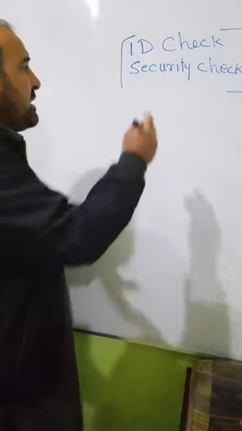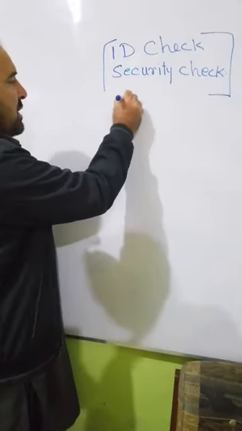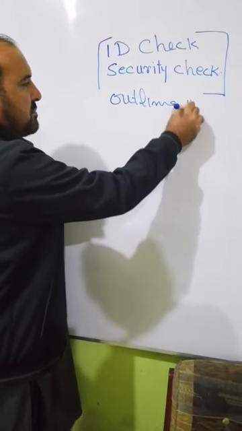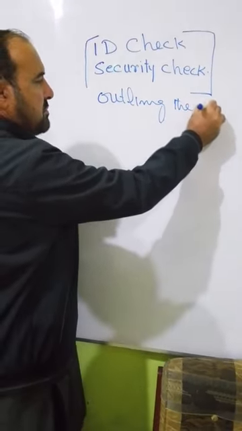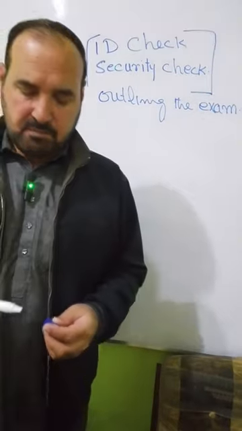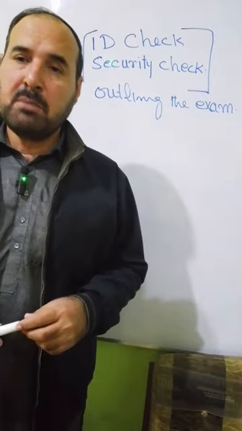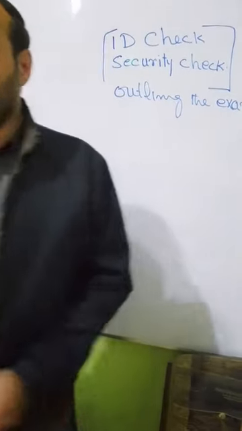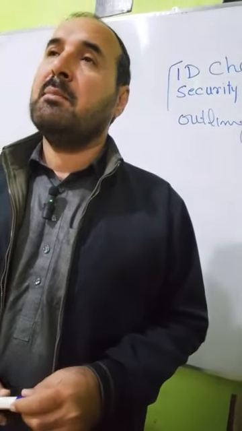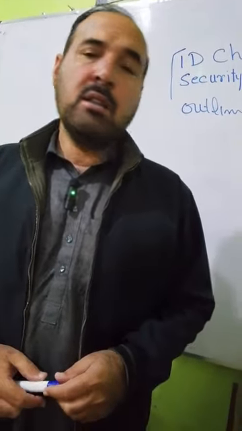After that, there is another part which is called outlining the exam. Yeah, Habib, are you getting me? Okay, so the examiners will outline the exam for you, and the examiner will say, okay, in the first part,